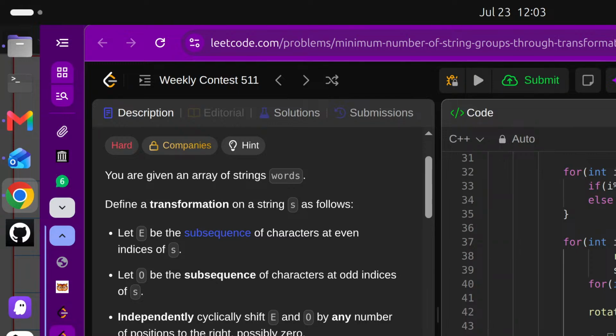for i is equal to 0. Okay, this will be 2 characters, right? 2. i is less than s.size() and i++. I have to reconstruct this, right? If i modulo 2 is equal to 0, in this case